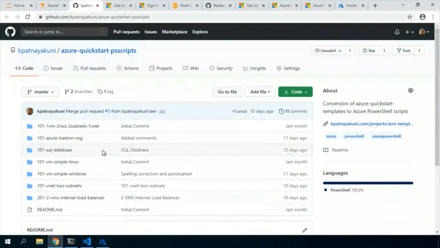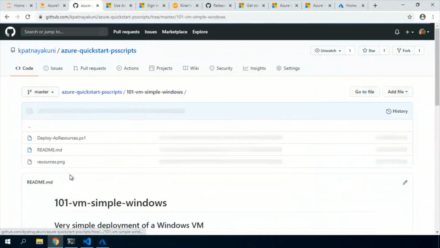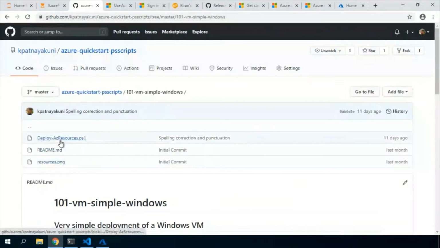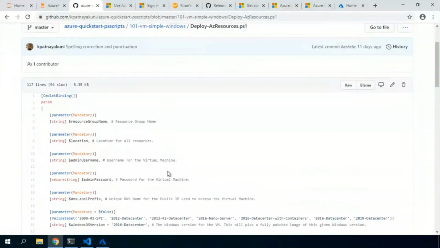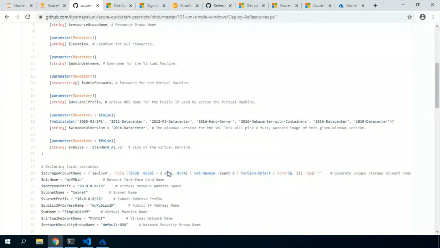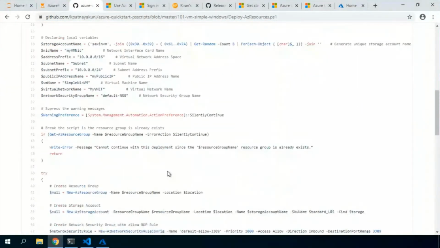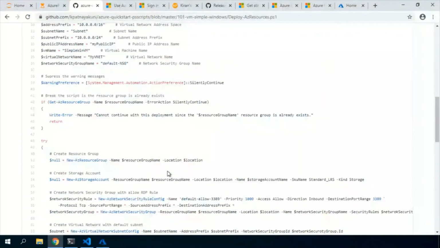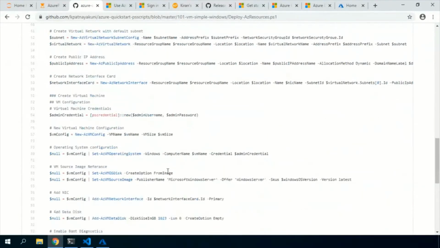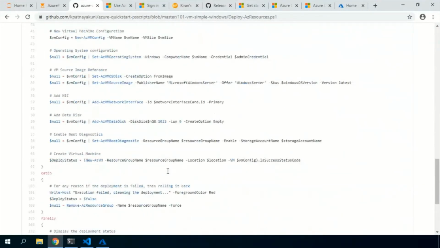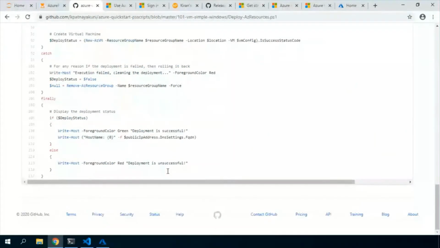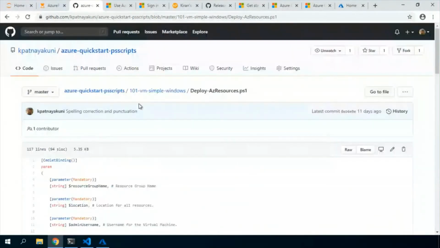If you want to see the Windows sample scripts, you can go to the script. I've given a complete detailed script. It is simply based on the ARM templates. We are not adding or removing anything. Maybe we tweaked a bit according to PowerShell, but almost all are similar to the ARM templates. We have the quickstart ARM templates, so the same we are converting. You can refer to this repository.